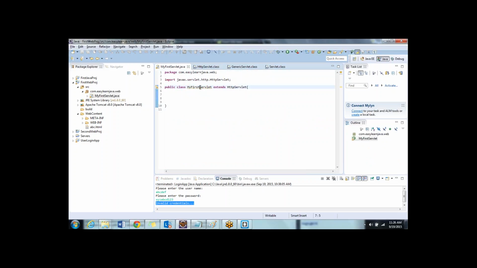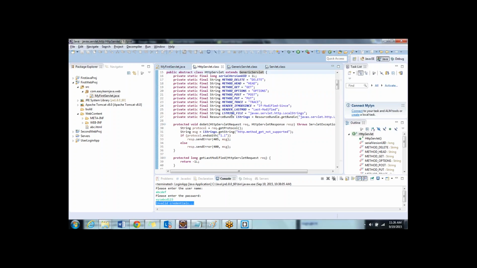You will be calling my first servlet, but since in my first servlet we did not write any methods, it calls some set of default methods, init, service and all those things. Since they are not present in this class, ideally it will go to the parent class and execute them. That is why I'm saying that it goes to the HTTP servlet class for now. So it goes to the HTTP servlet class, and the first method it invokes is,